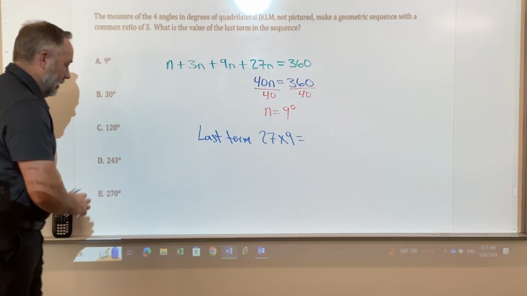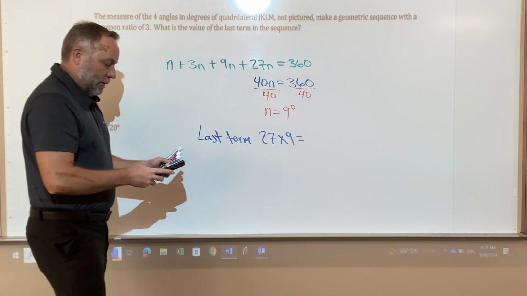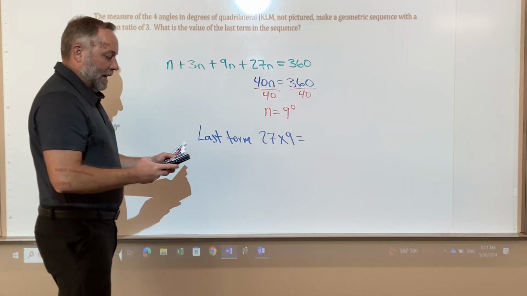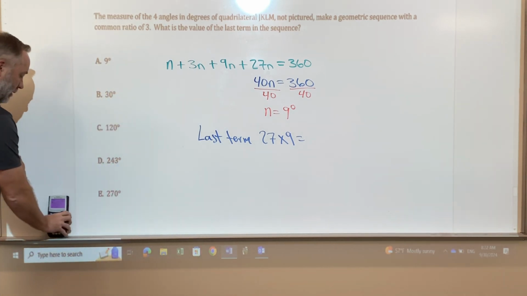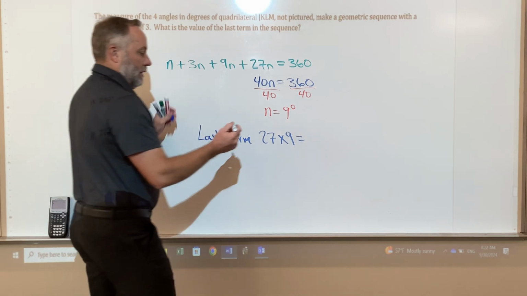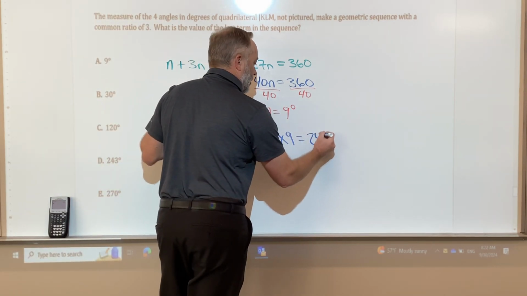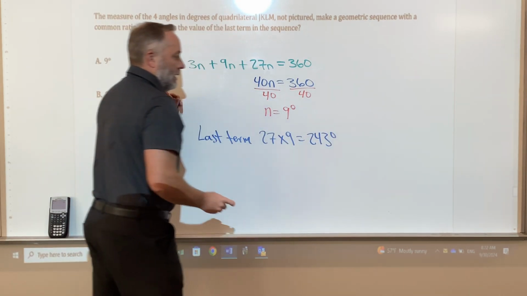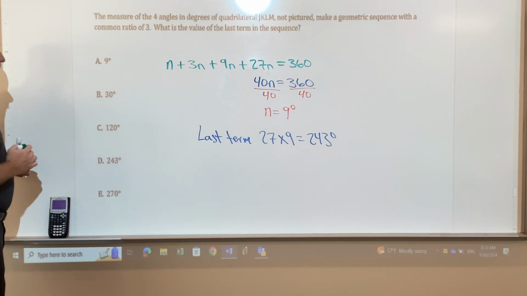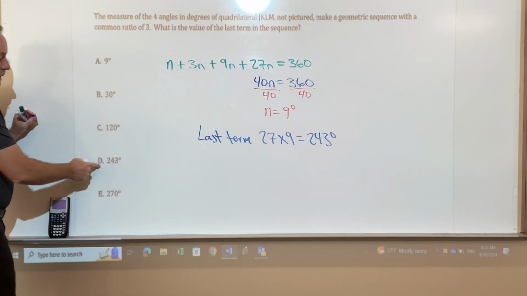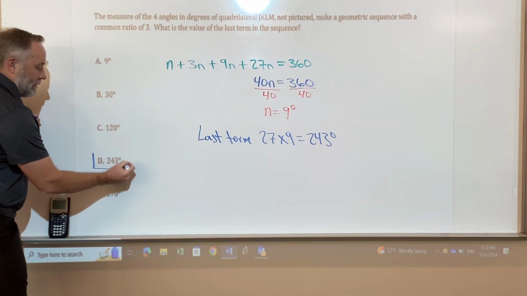We could get a calculator for that, but if we do, 27 times 9 is equal to 243 degrees. So the last term in this sequence is 243 degrees, and we find that in answer